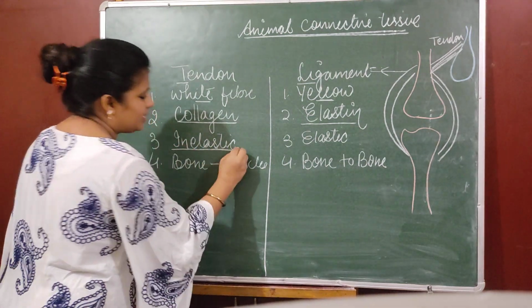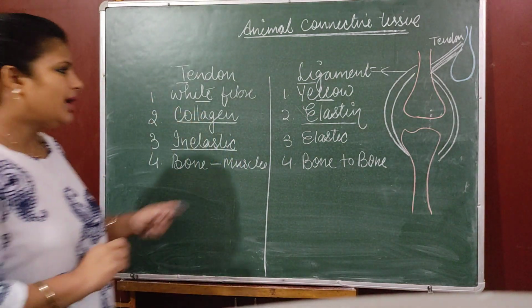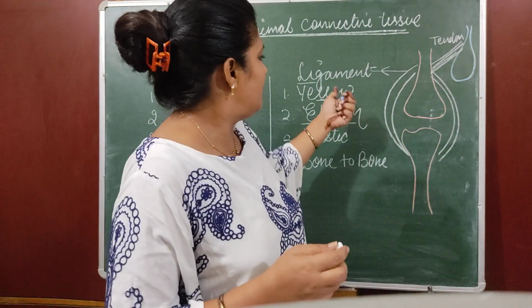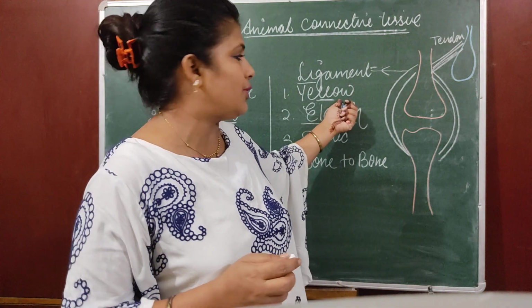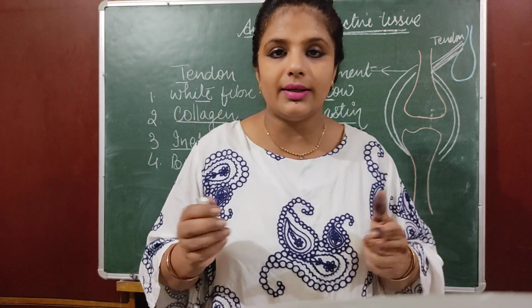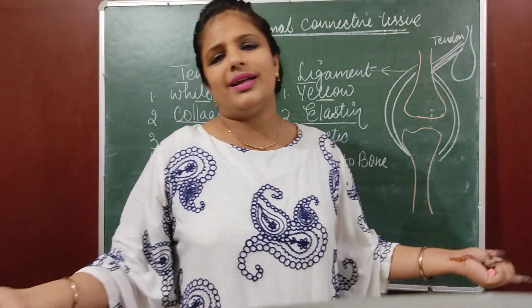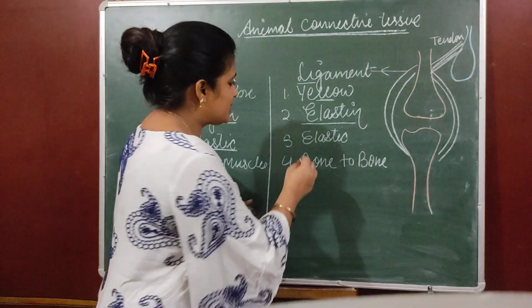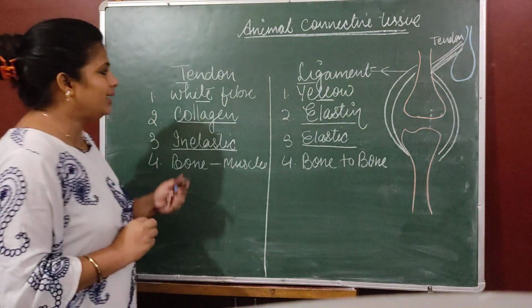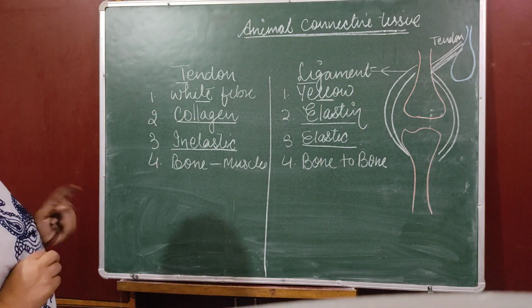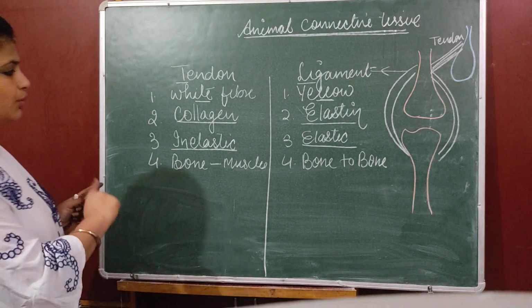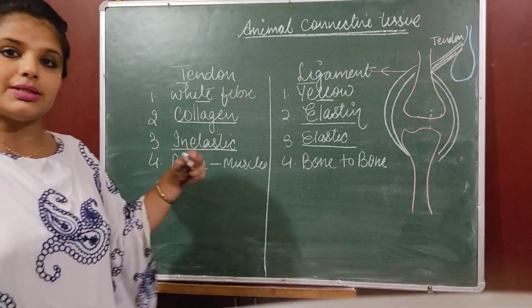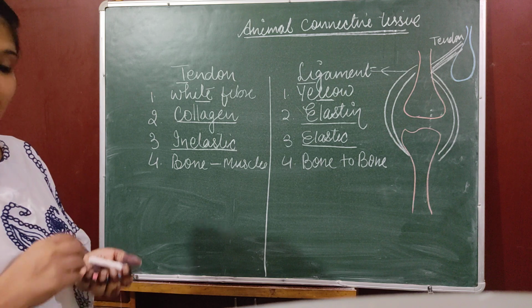So tendon is inelastic tissue, and when you wear a yellow color dress or any other color, but specifically here we will discuss yellow color. When you are wearing that yellow dress, then you are very elastic. You can sit anywhere, you can move anywhere. So this is an elastic tissue. Okay, you have to learn that tendon connects bone to muscle and ligament connects bone to bone. Long bones are connected with the help of ligament.